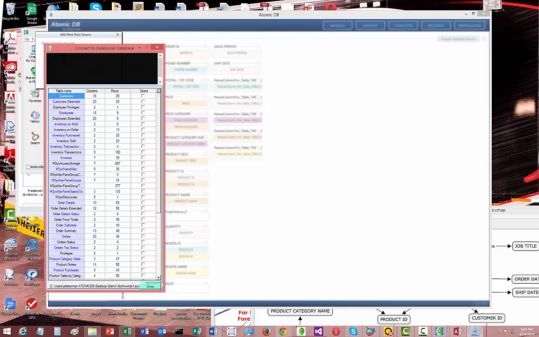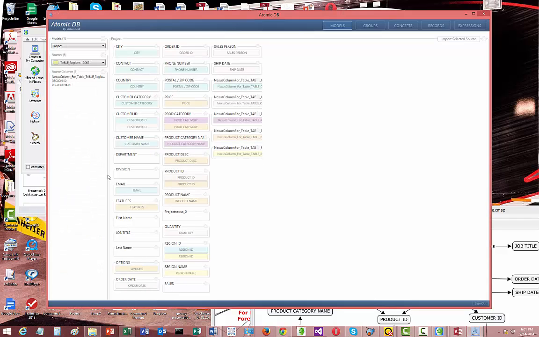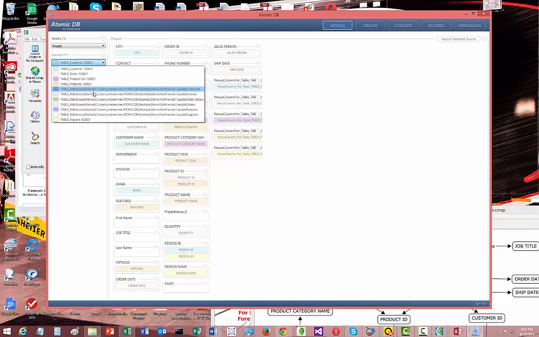Now, all databases will pretty much look the same. In our case, we will select customer, invoices, order details, orders, products, that should do it, and suppliers. Let's do that. Done. That took about 2 minutes, maybe a minute and a half or so, and they will become our sources. Again, merging is actually much quicker than that. So as you can see, I now have 6 new data sources from one database and 5 sources from yet